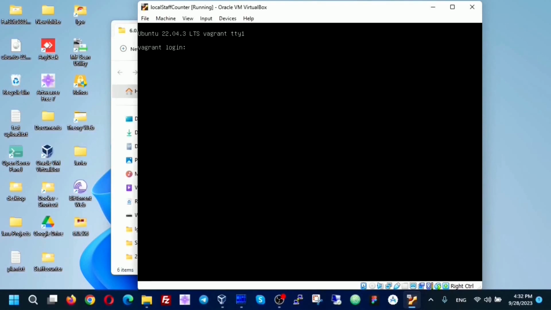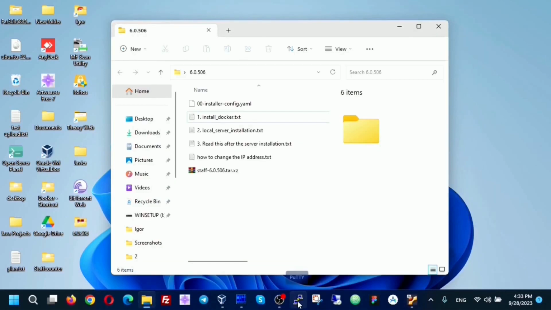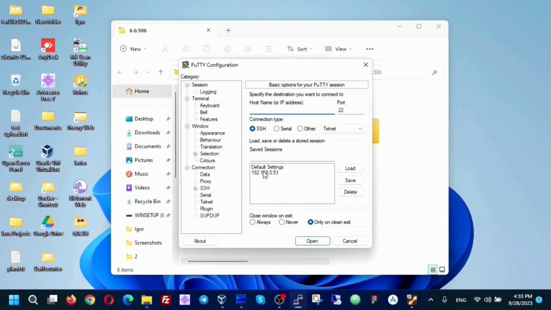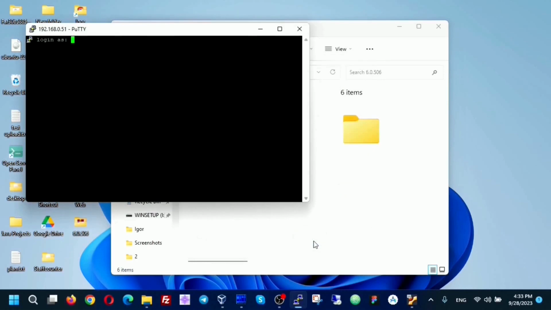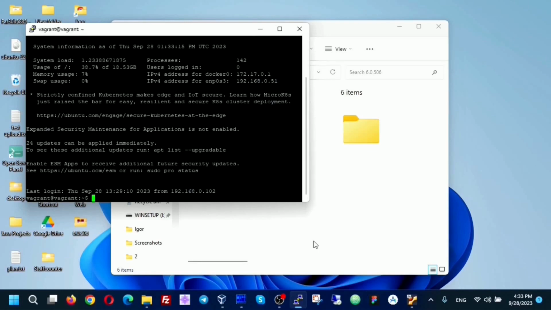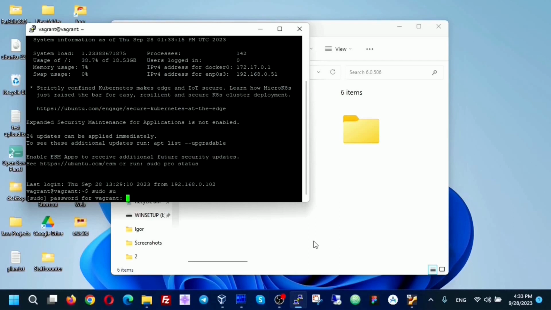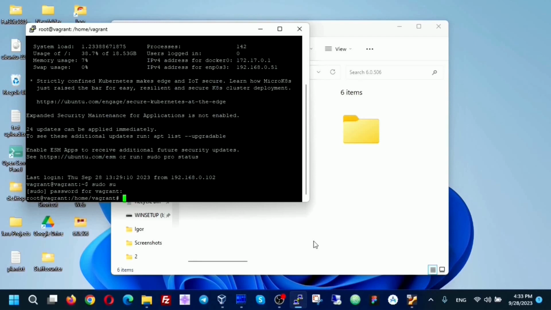We don't have to log in here, because we will only work through the SSH connection. We launch the PuTTY program again, select this connection and open it. The login is Vagrant, the password is Vagrant. You will have another username and password. Then I type sudo su again to switch to the superuser and enter the superuser password. And after that I launch the MC.